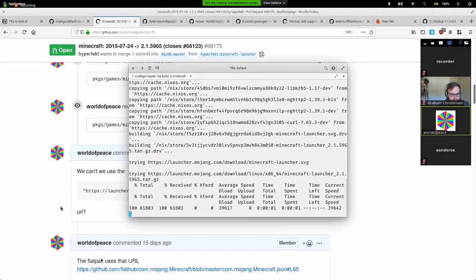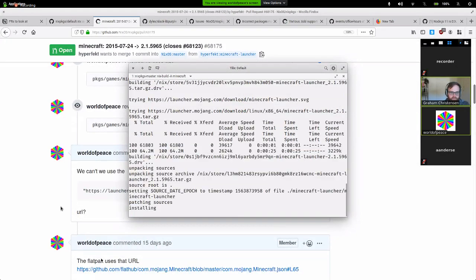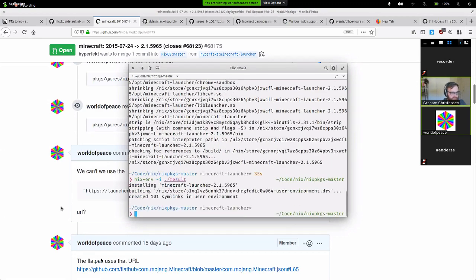But yeah, did they need a demonstration of how to get a local clone of Nix packages running with patches over it? I think showing how to use NixOS-rebuild with a local Nix packages would be good. Oh. Okay. You could just do the build one. So I could explain exactly how to do that procedure, but I can also just show how to do this as well. It's pretty simple. You just nix-env -i the result symlink, and then you have it.